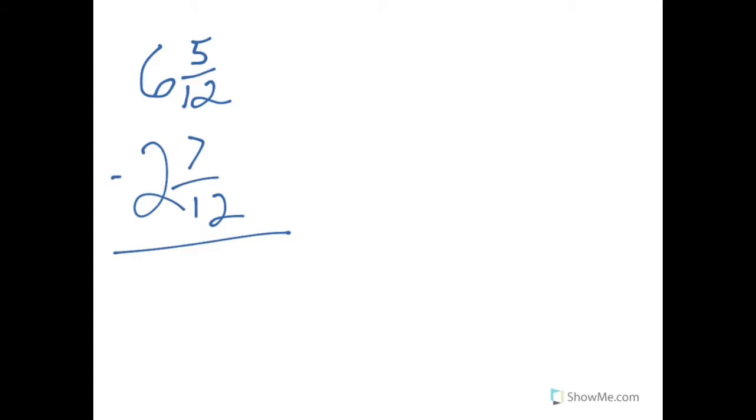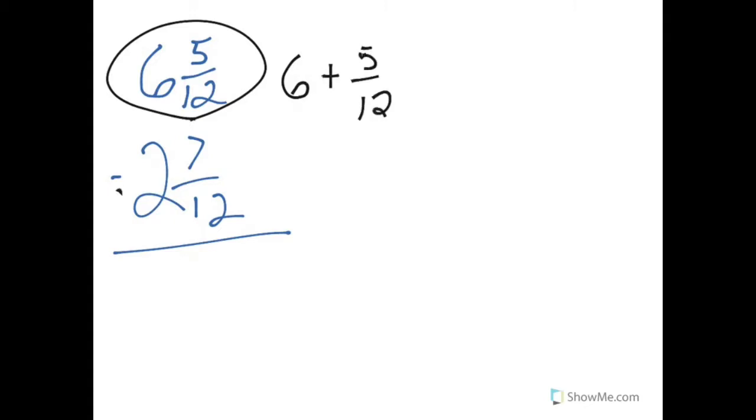If you just glance at it, you might think, well, that's pretty easy, Mr. Quick. They have like denominators. It's just simple subtraction. But wait a minute, there is a problem. We have 5/12 minus 7/12, and we can't do that, okay? So here's what we're going to do. We're going to break down these 6 and 5/12 as essentially 6 plus 5/12,